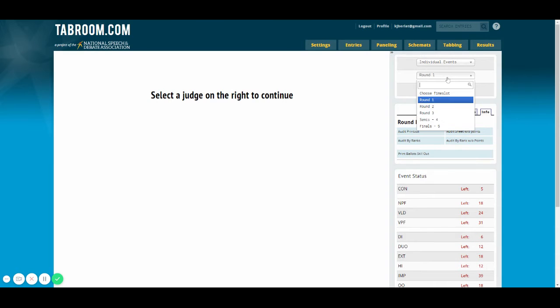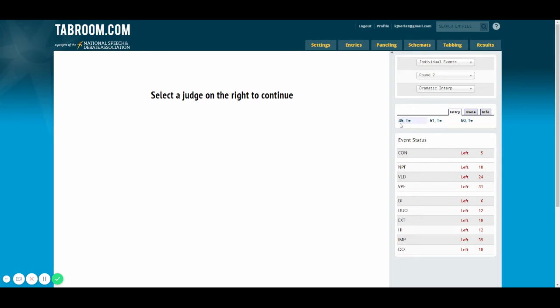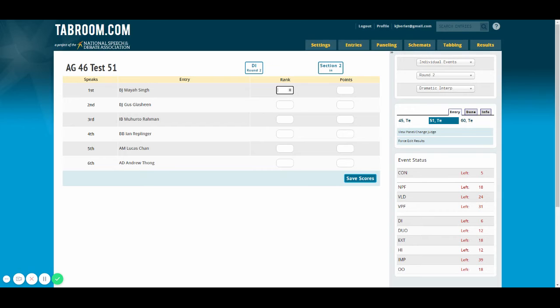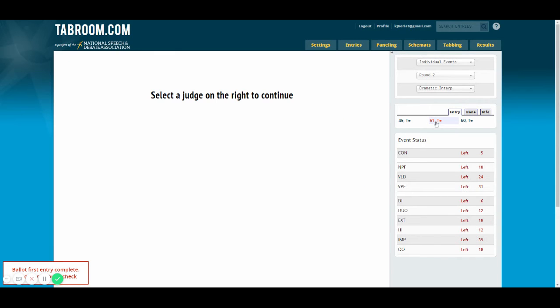In the event that drama round 2, for some reason, test judge 51 had a major tech issue and we needed to do this manually, we could choose the round, the event, enter, click on the judge, and I could say, here's their speaker order, here's their name, 148, and Gus, Maya was 247, Lucas was 344,